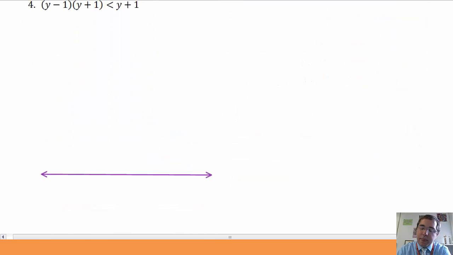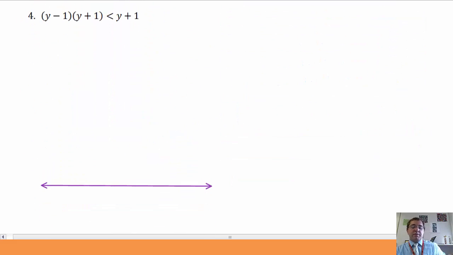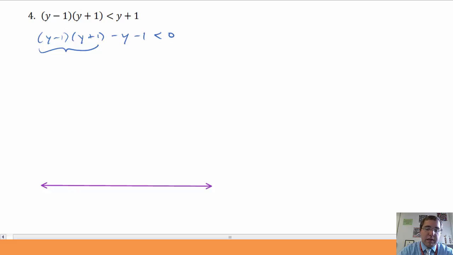Example number 4. Y minus 1 times y plus 1 is less than y plus 1. I don't have a 0 on one side, so I need to get a 0 on one side. So let's move those things over to the left side, subtract y and subtract 1, and now I have it all less than 0. But now my left side is not factored anymore, because now I'm doing some subtraction over there. So I actually need to FOIL out y minus 1 times y plus 1, combine like terms, and then